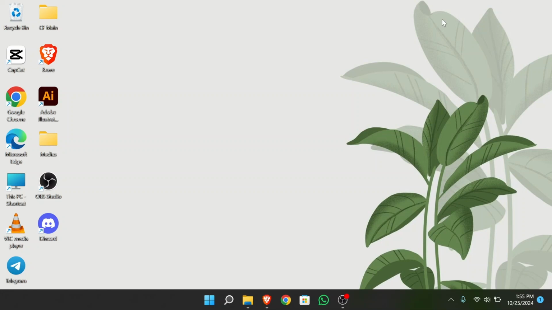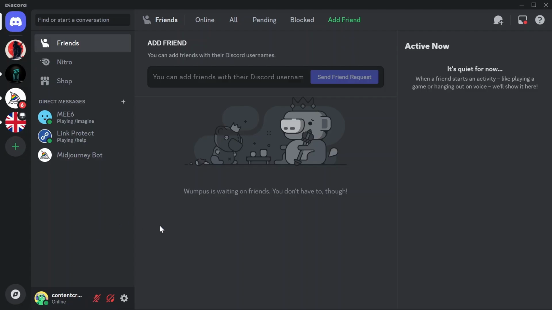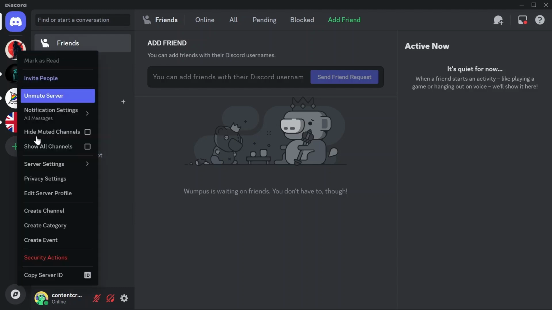Now in order to do that, you just simply have to open your Discord application. And after opening Discord, you will just simply have to select the server for which you would like to block those certain words. I'm selecting this server, and after picking up the server you just simply have to go over